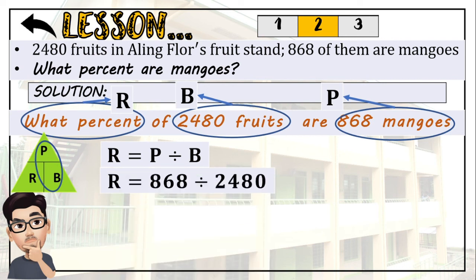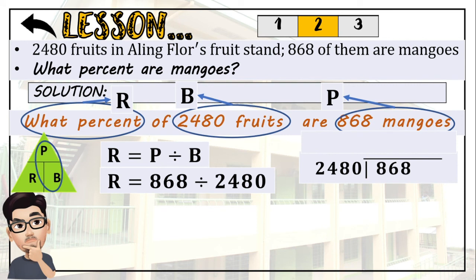So, that will be 868 divided by 2,480. So, we're gonna use long division for this. So, since mas maliit yung ating dividend na 868, we need to include a decimal point. Ibig sabihin, our answer will be a decimal which is less than 1. So, I already put 0 there. Kasi 868 divided by 2,480, that's 0. Okay? Now, let's put 0 there katabi nung 868. So, that will be 8,680 divided by